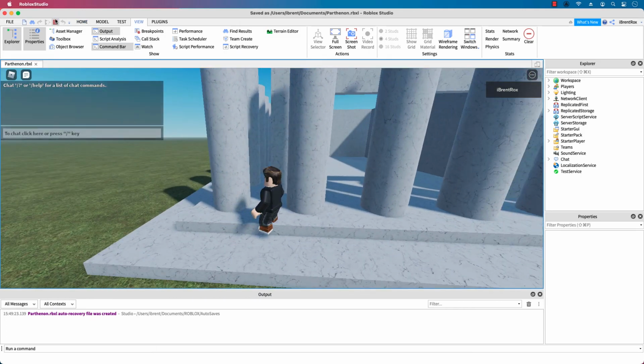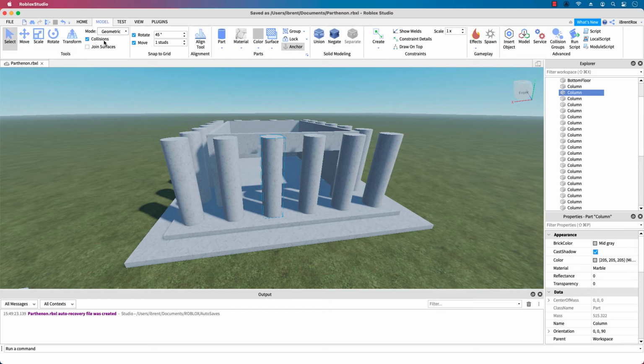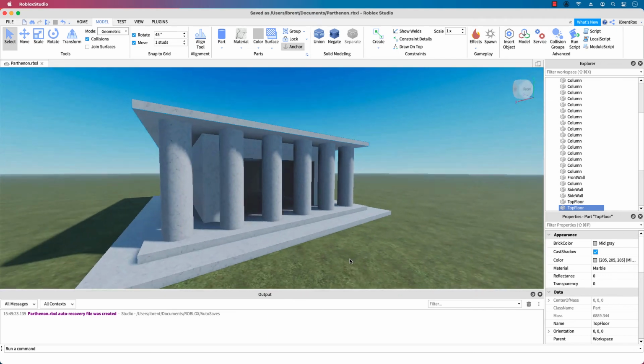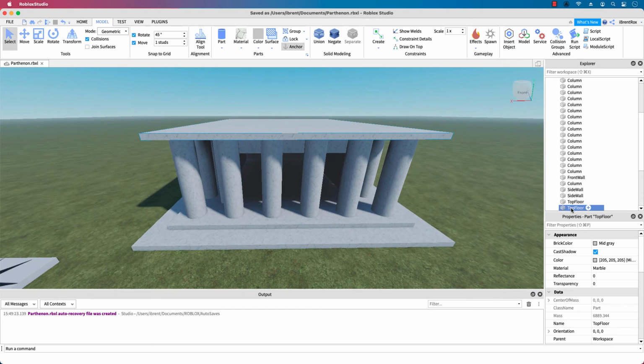Awesome. Okay, let's go ahead and put a roof on this. We're about done. Let's make a roof. Okay, the fun thing is, make sure you go back to model, make sure collisions are still turned on, and go ahead and grab this top floor and let's duplicate it and check out what happens. Because all of this material is in its way, it went to the highest spot and it automatically put it right in the spot that we needed. Look how slick that is. Okay, now let's call this top roof, or I should say bottom roof, because